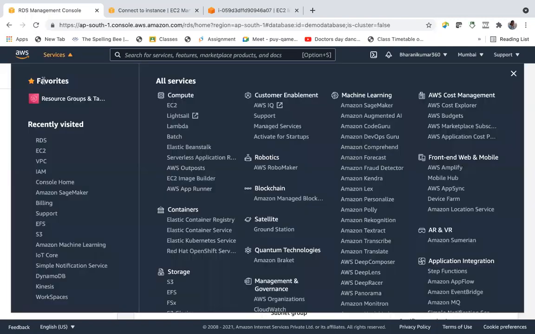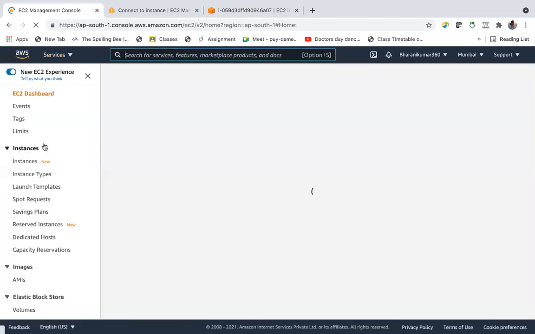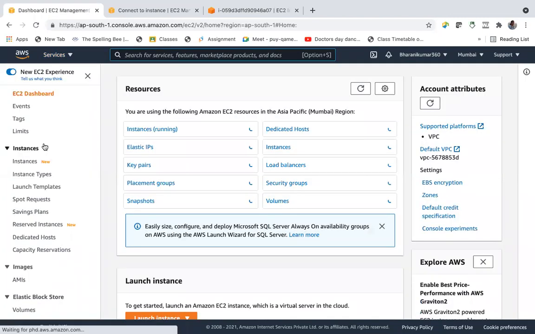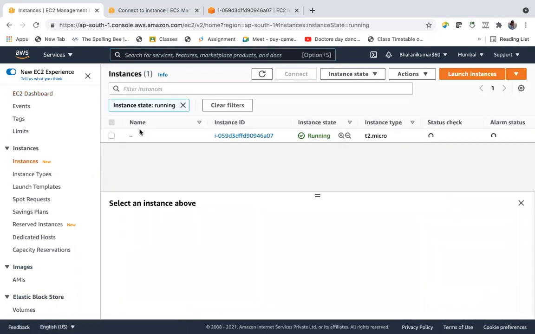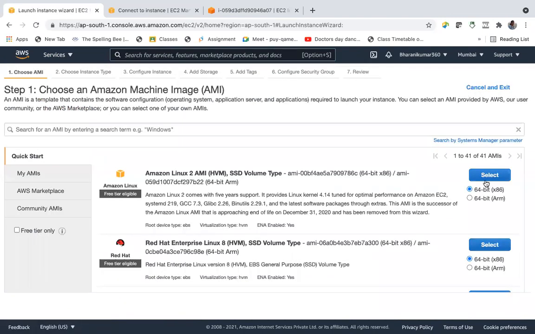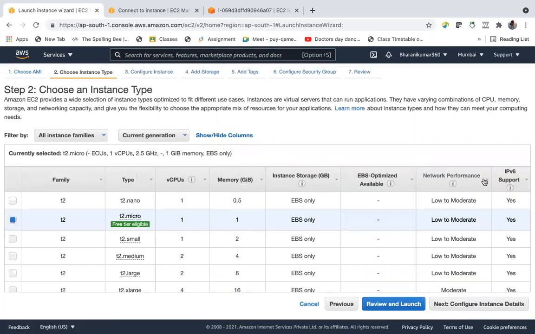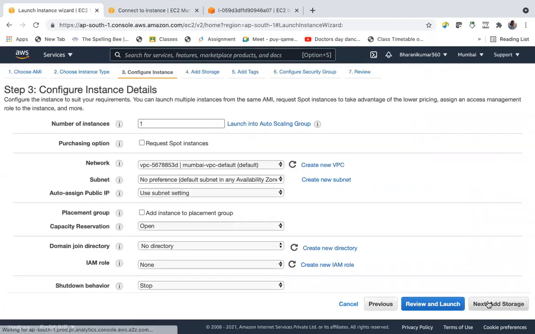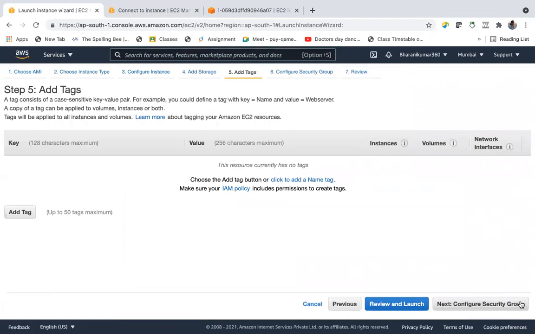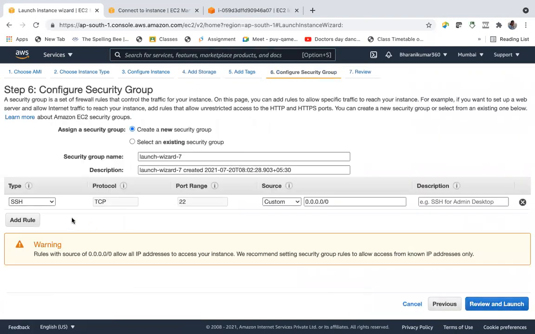Let us try creating one more EC2. Launch instance. Okay, next add storage, security group.